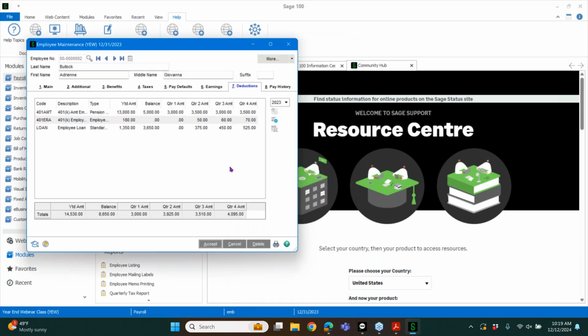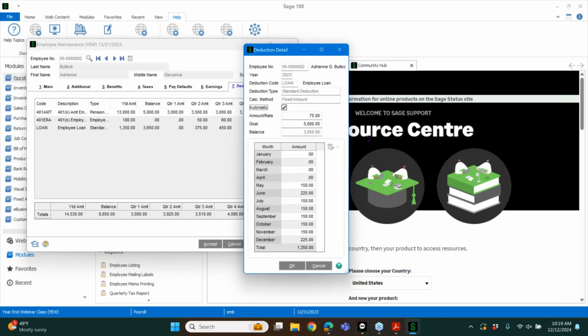Okay. Now, if you look at this other one, this is an employee loan. So if I look at this one, we loaned her some money. She got in a tight spot. We loaned her some money. And if you notice, it kind of tells you she's doing $75 every time. And if you notice, there's some numbers in here that she's taken for May, June, July, August. So it looks like they're biweekly. So she got an extra paycheck in that month there in June and in December. But